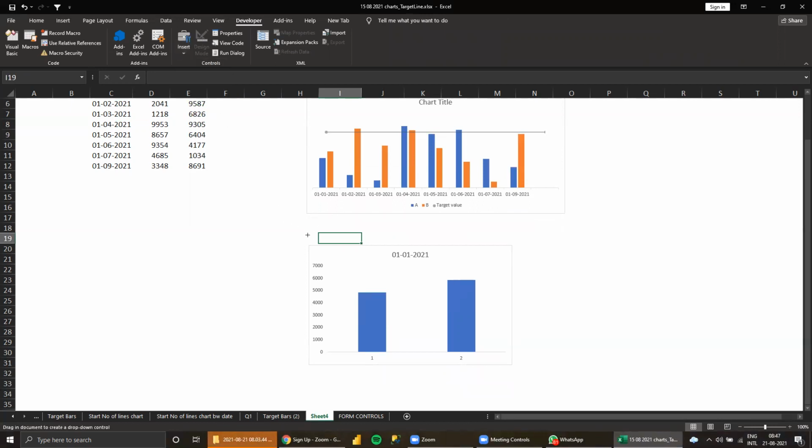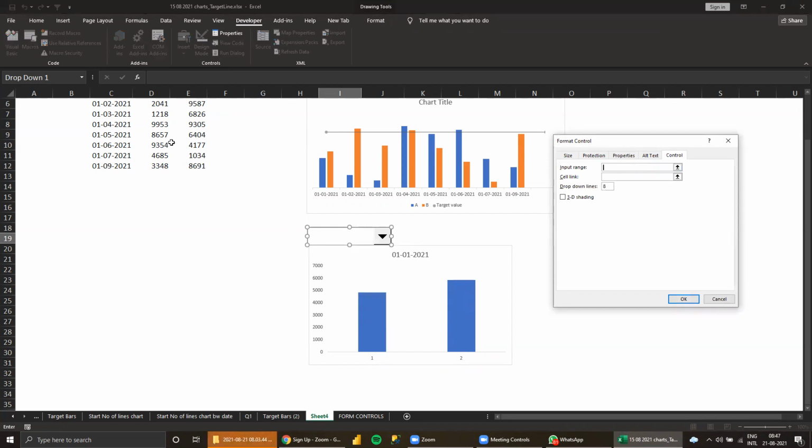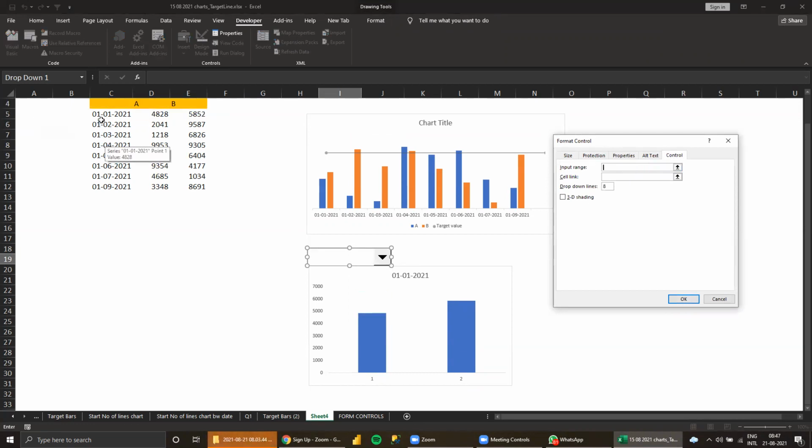Form controls. So here, this is the cell link. Somewhere here I can give it. Then OK.